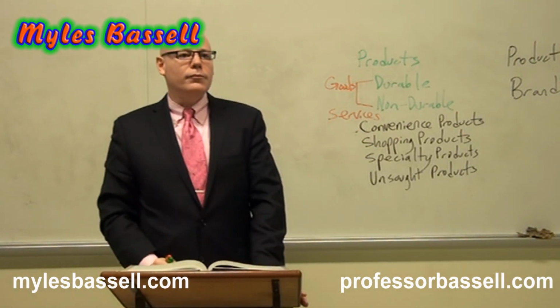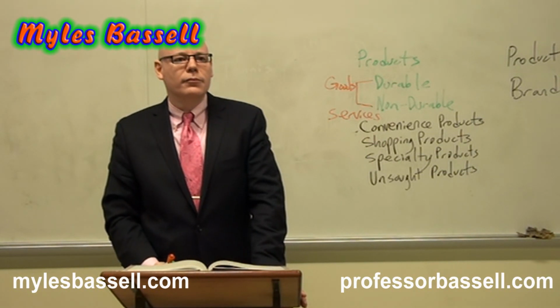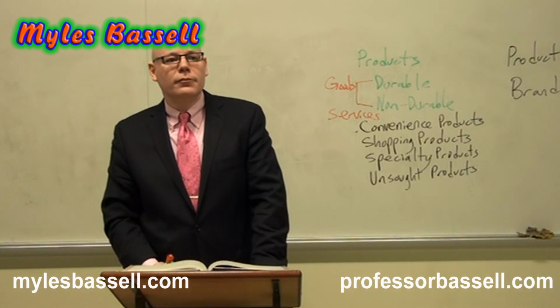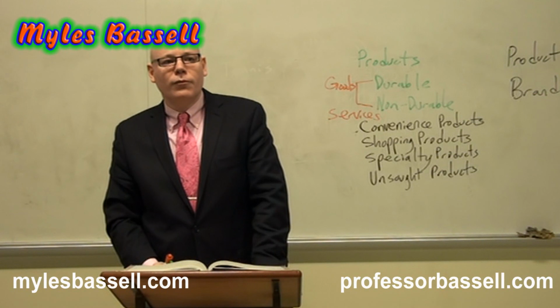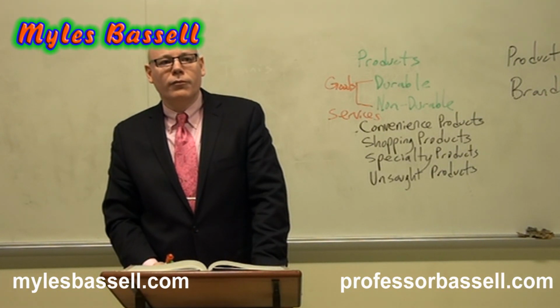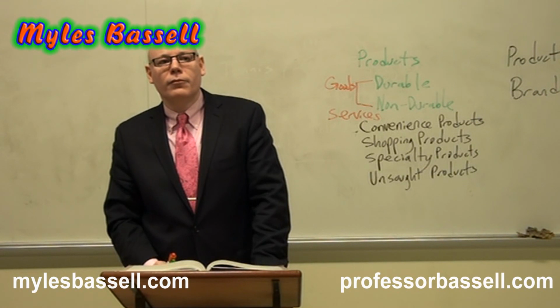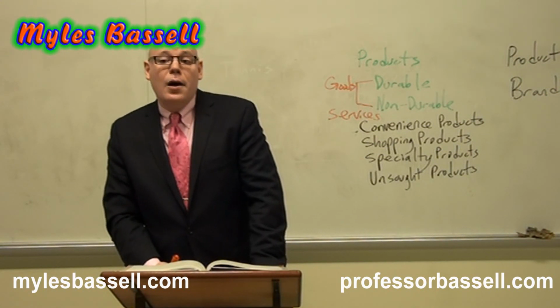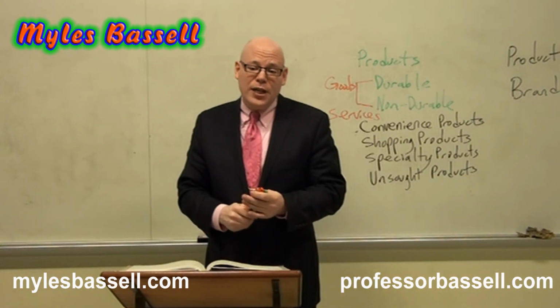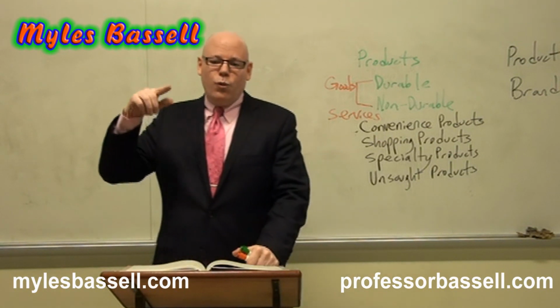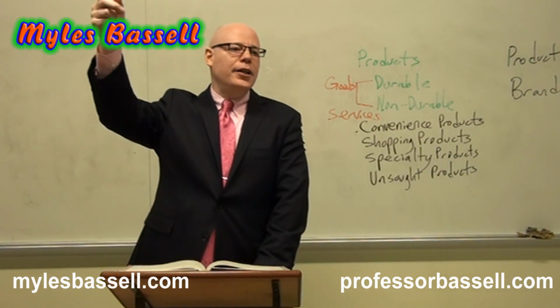How would you classify something that people buy in bulk, although it's like a convenience product that they need or use frequently, like paper towels or cups? It's not so much convenience because, although they're using it every day, they're only buying it once a month or once every other month, because when they do buy it, they buy it in bulk.